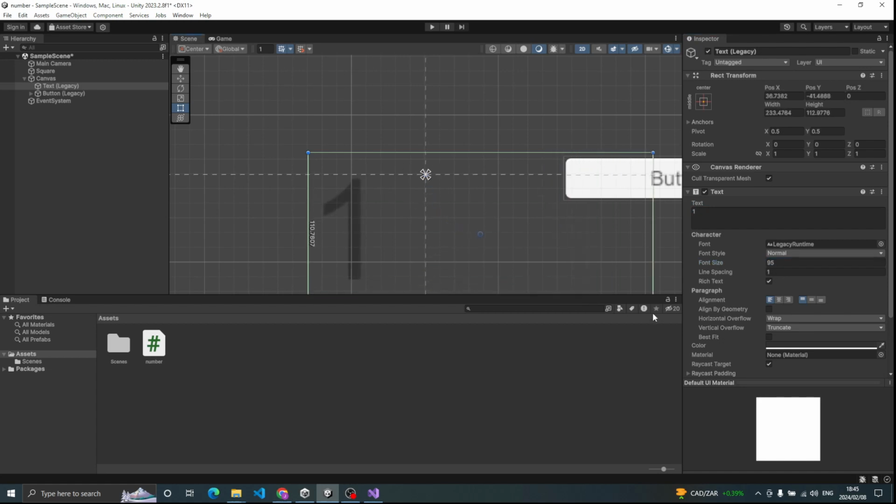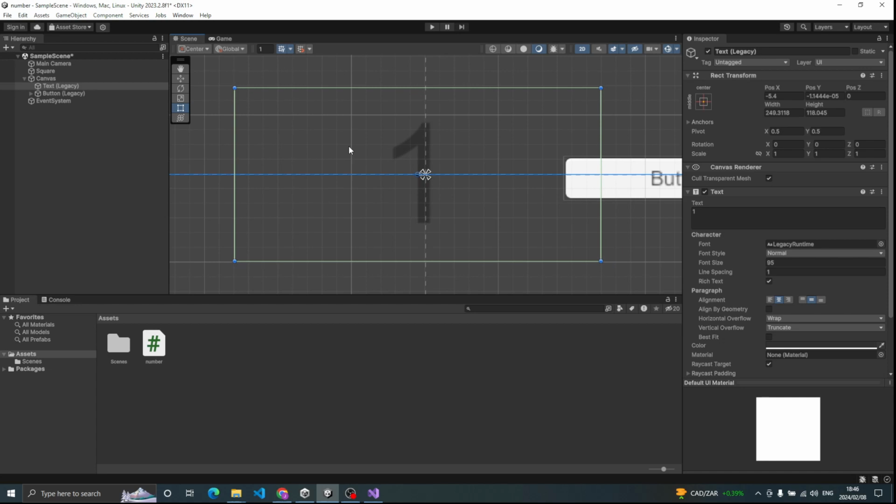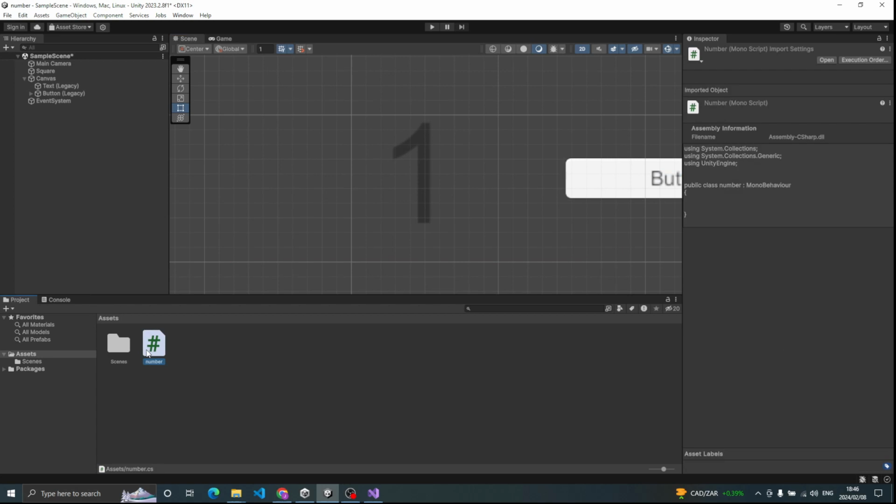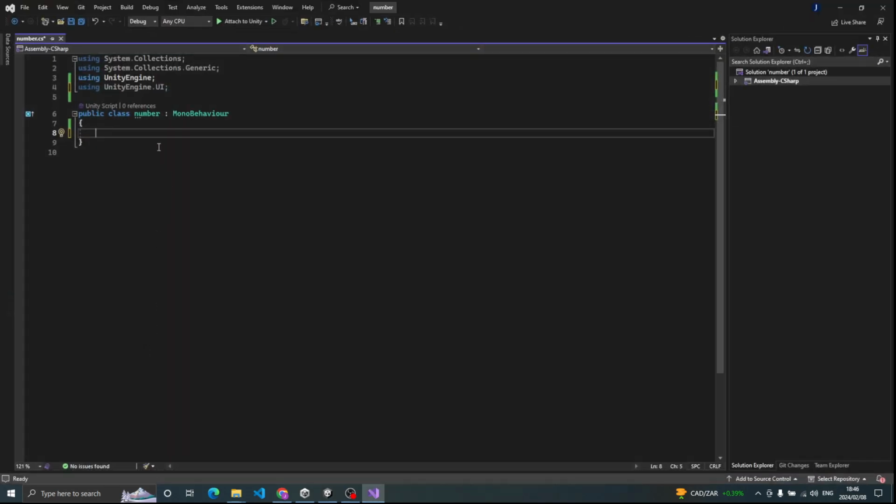drag the thing to bigger, so it's bigger than the alignment middle and middle, then center this and then create a number script. I'm not gonna show you how to make a script. Then once you create the thing,